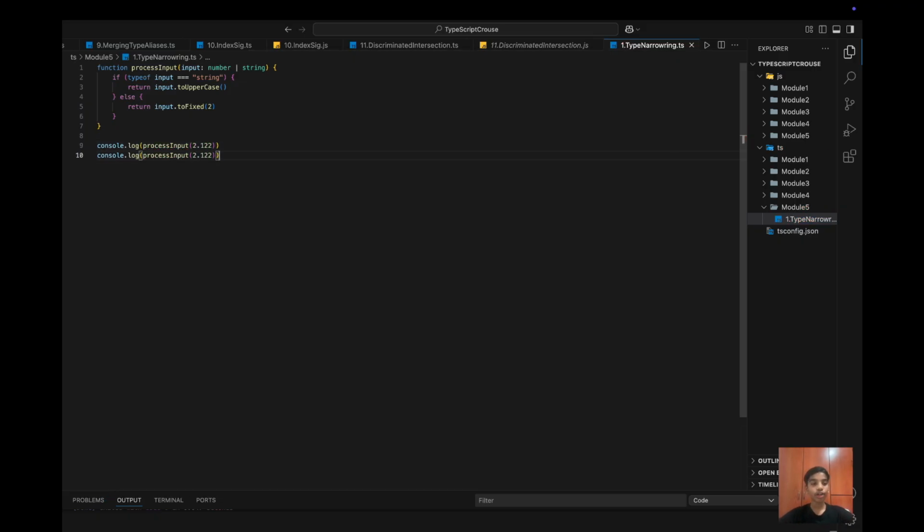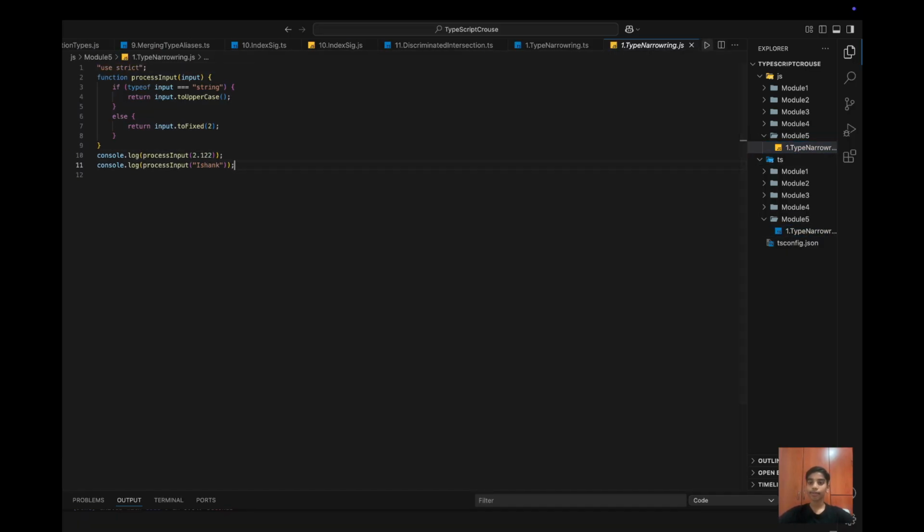And also we're going to call it using a string, say chunk. Alright, so now let's save this and it will automatically be compiled. So let's try running this. And now if you see over here, we get 2.12 rounded up to 2 decimal points, and chunk over here